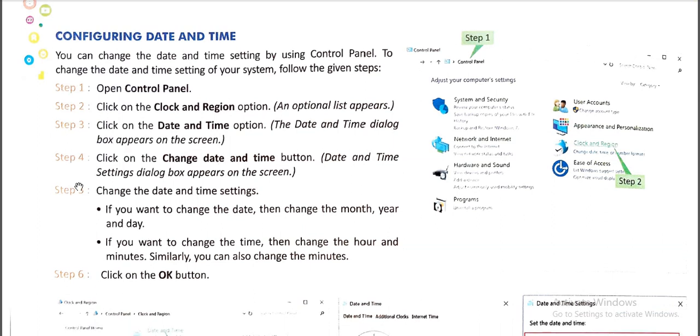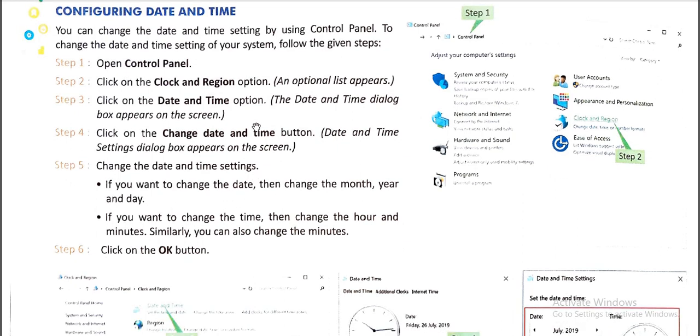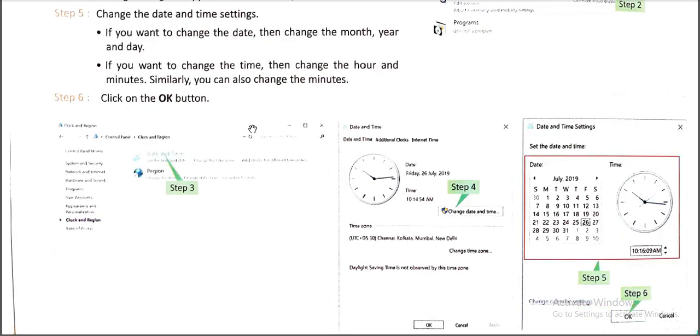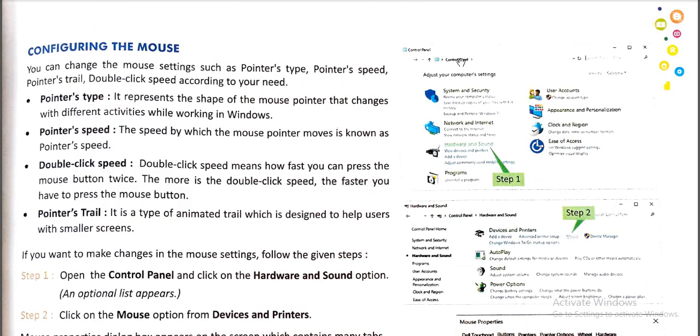Dear students, you already know that this is the portion of lab activity. Okay, this is the only practical activity part. So when your school will open, then you will do this type of practical work.